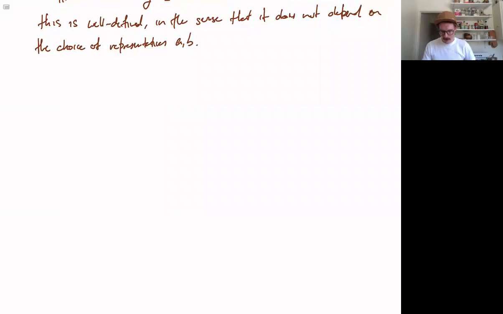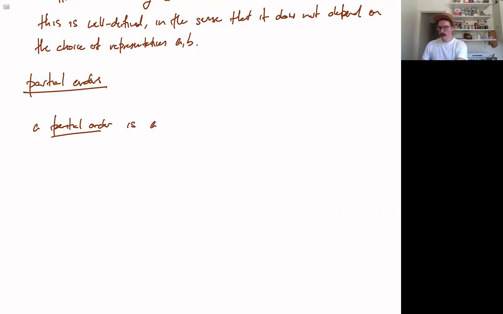And now, let's move on to partial orders. So this is our second very important type of relations. Partial order. We will define it similarly to an equivalence relation, just by demanding that it satisfy some of our basic properties from last time. A partial order is a relation